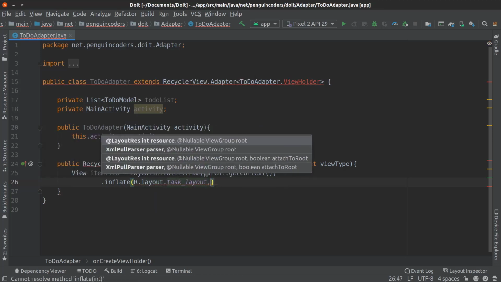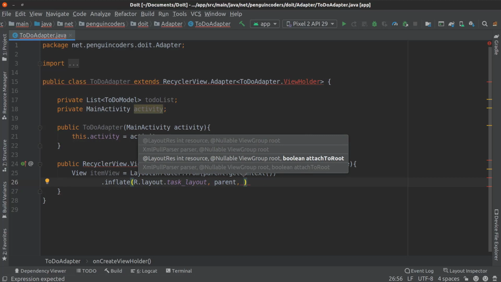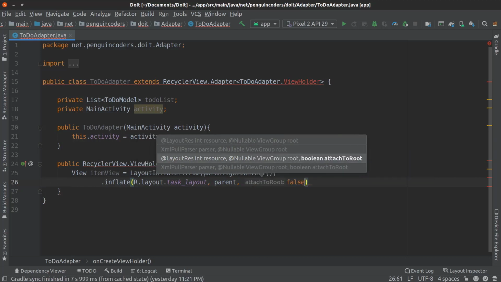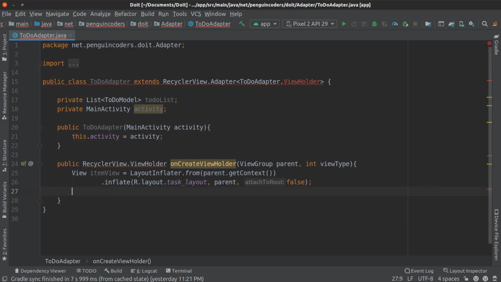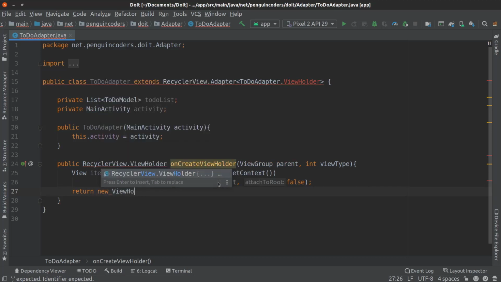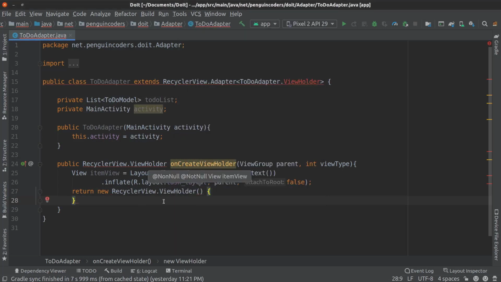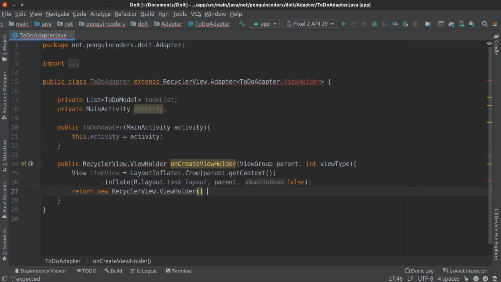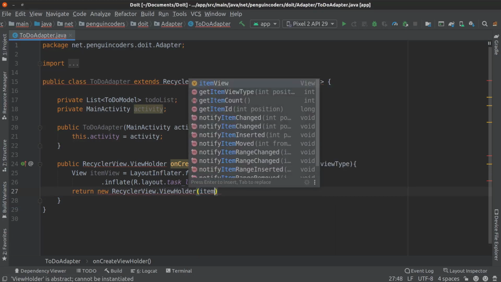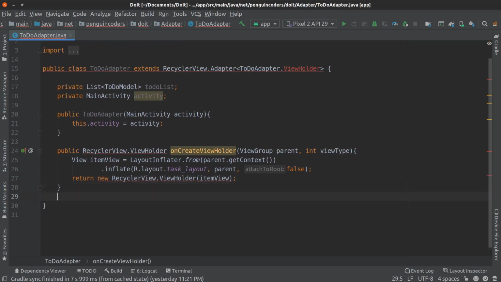This is the whole task layout which we are going to inflate in the recycler view, and we are going to inflate it in parent, and attachToRoot will be false. Now we need to return this, so we will return new ViewHolder, and we will write itemView here. This completes the onCreateViewHolder function.